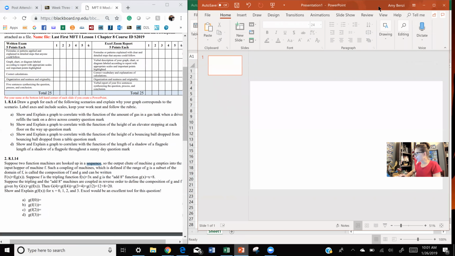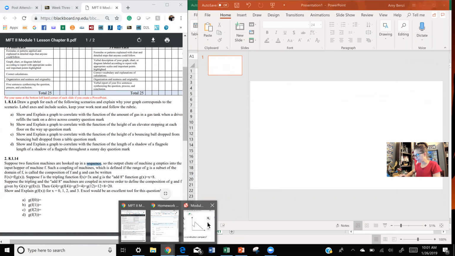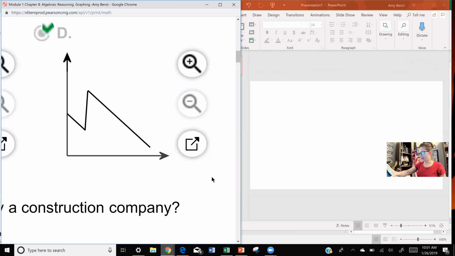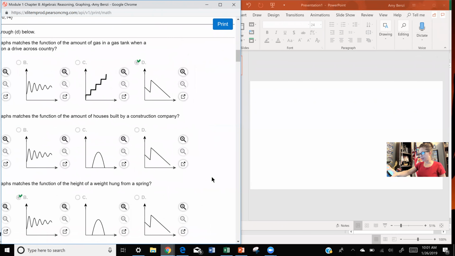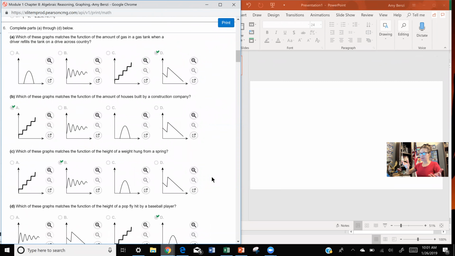All right, my PowerPoint is open. I'm just going to go back to my homework. All right, now I'm zoomed all the way in on that homework. You guys might not have a touch screen. If you want to zoom in, then you just do Control plus and it makes things bigger and smaller on